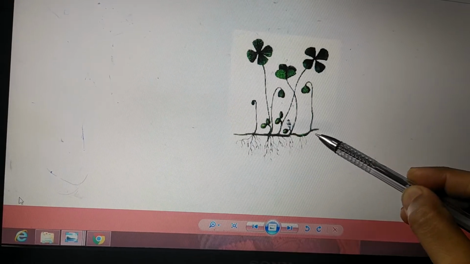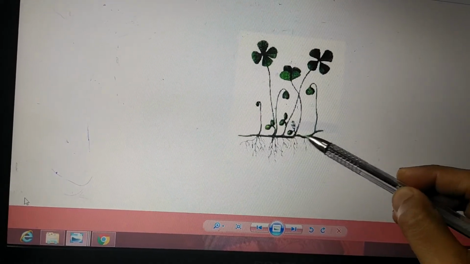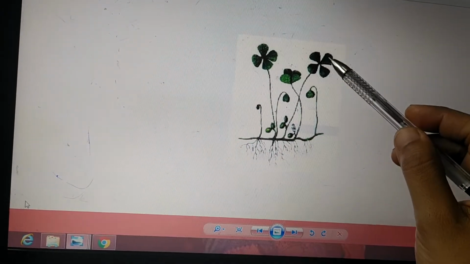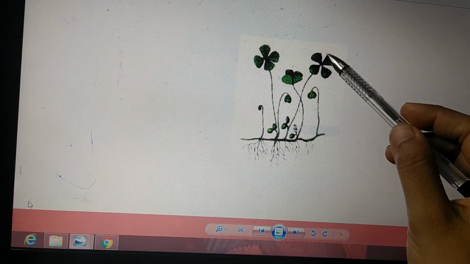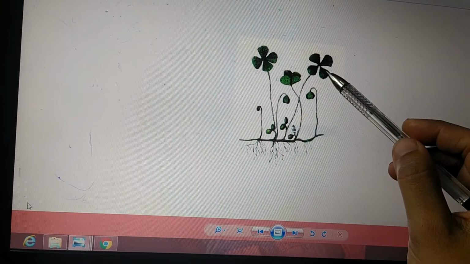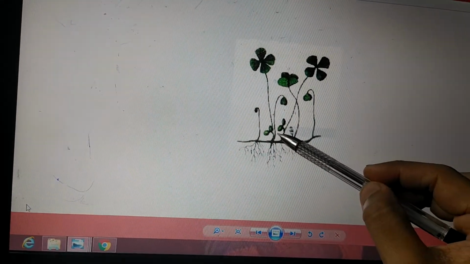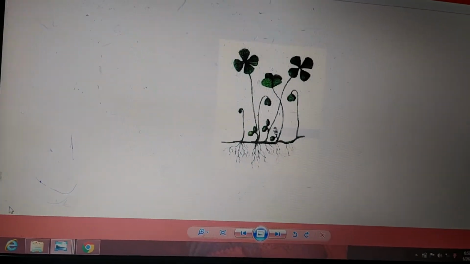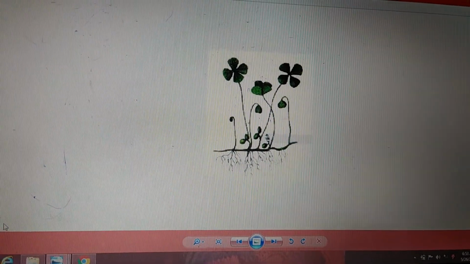Followed by we have the rhizome, the tender slender rhizome, with roots arising at the nodal region below, and above, the petiole. The petiole ends in four leaflets which are arranged in two rows. Apart from that, on the petiole what arises are the sporocarps. So this was a description regarding the sporophyte of Marsilea.